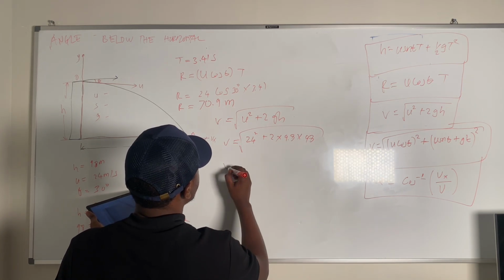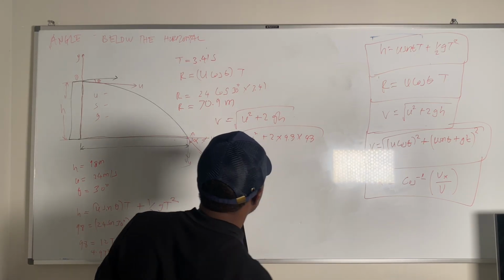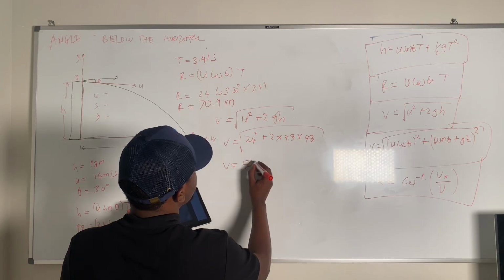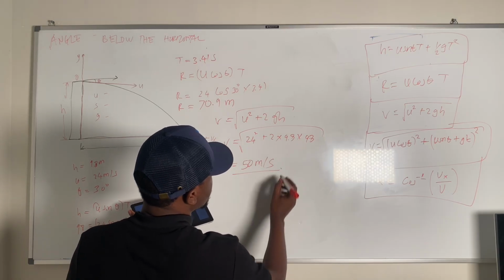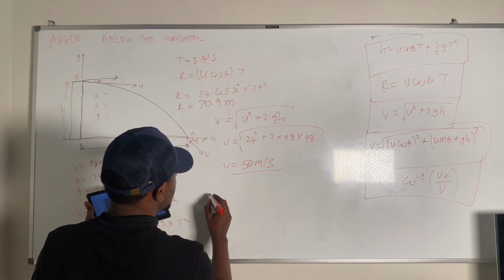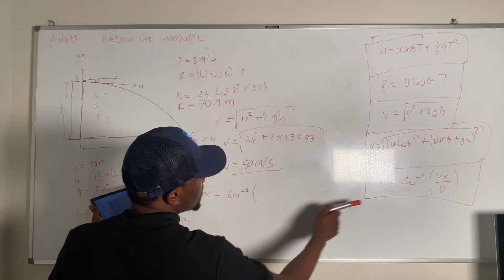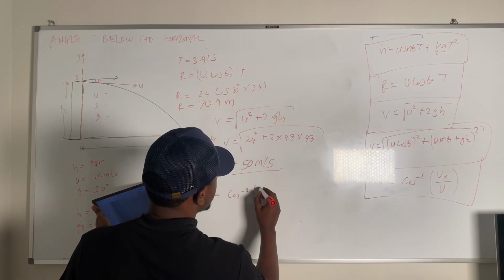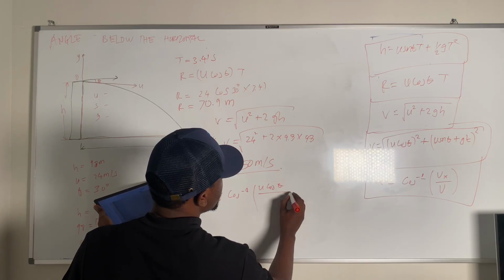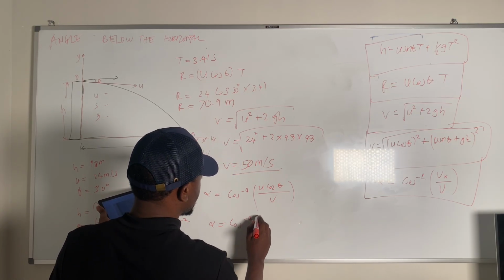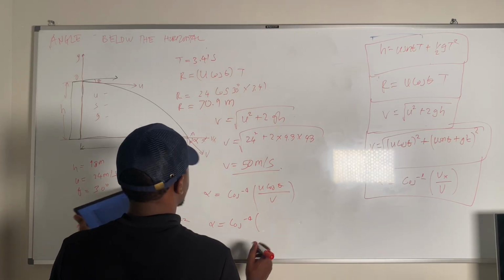So the velocity will be equal to 50 meters per second. In terms of direction, we have alpha equal to cosine inverse of v of x, which is equal to u cosine of angle over v. So alpha will be equal to cosine inverse of u, 24